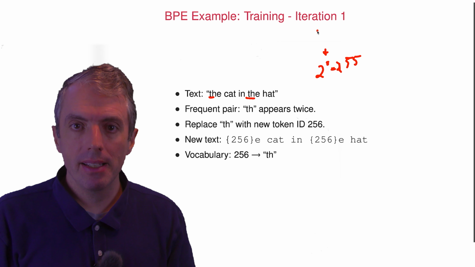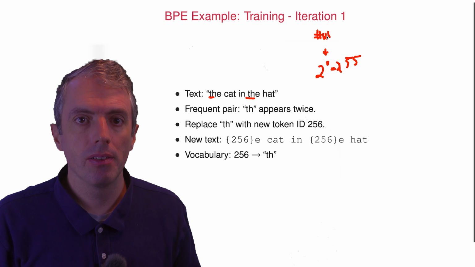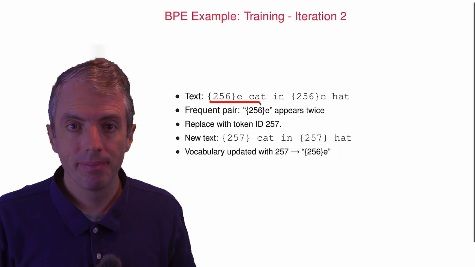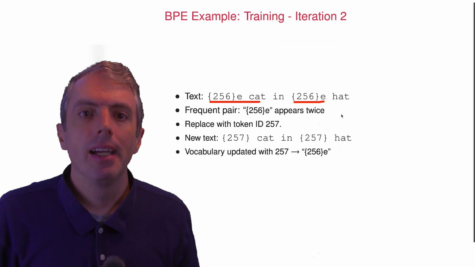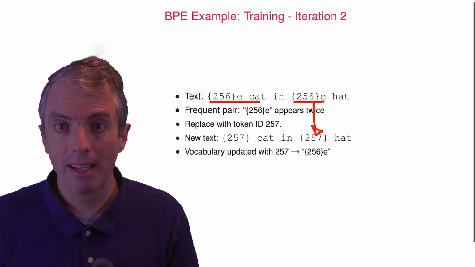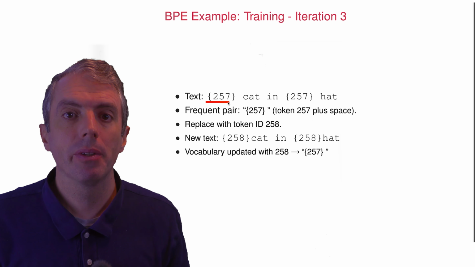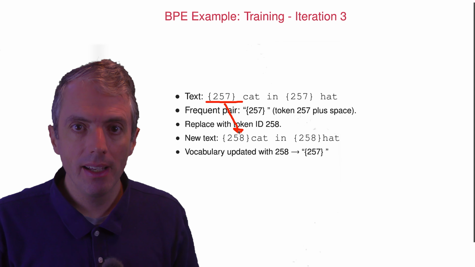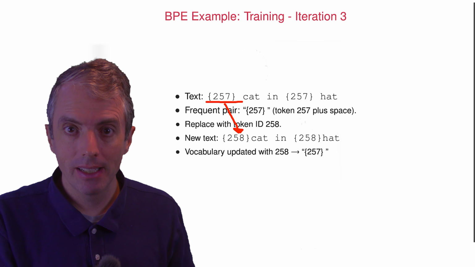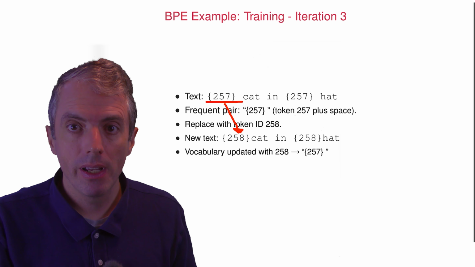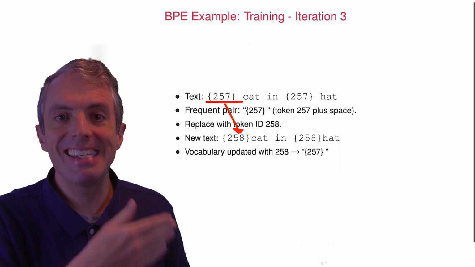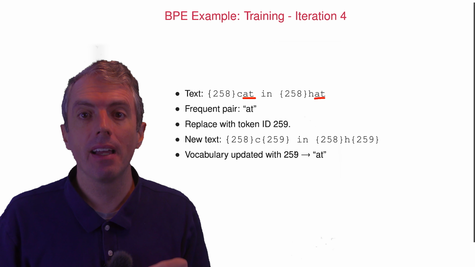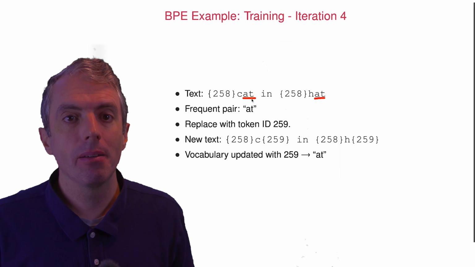So we repeat the process. The next most frequent pair is token 256 followed by E. That becomes token 257, which corresponds to the word "the". We next have token 257 followed by a space. We replace that with token 258. Now that we have fully captured the word "the" and a space after it, the most frequent pair of tokens left is a T at the end of two words, cat and hat. So we create token 259 for that, and then we don't have any token pairs that appear more than once,